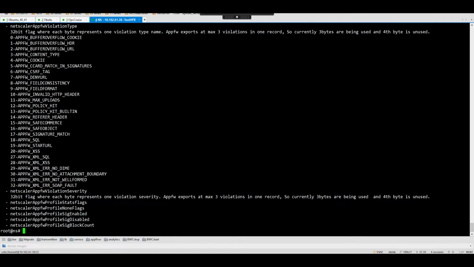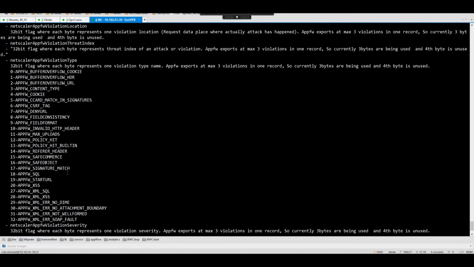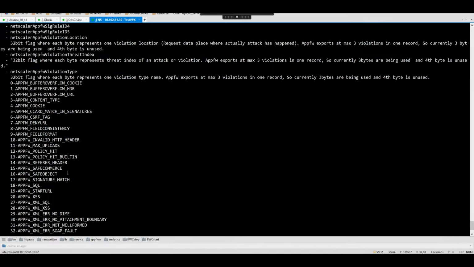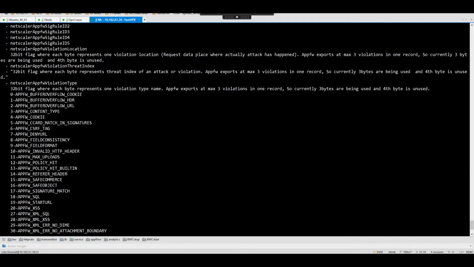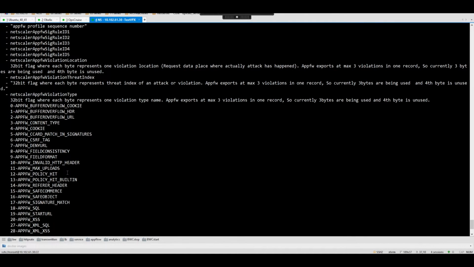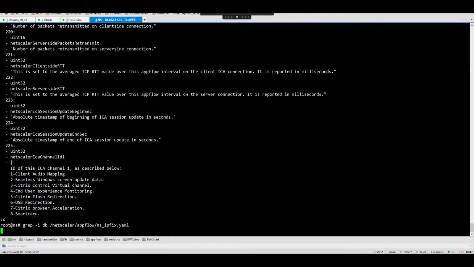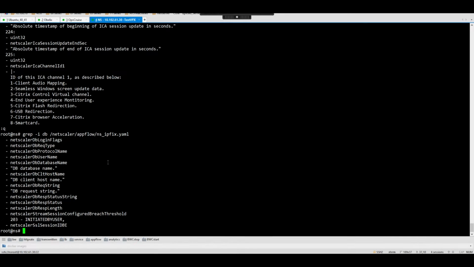If you enable application firewall on your Citrix ADC, then we also get information about the various attack vectors that your application is protected against, and the type of application attacks that the ADC has helped prevent. If you also have databases in your environment, Citrix ADC can provide insights about your database type, protocol, DB username, query string, the DB response stats, and more.